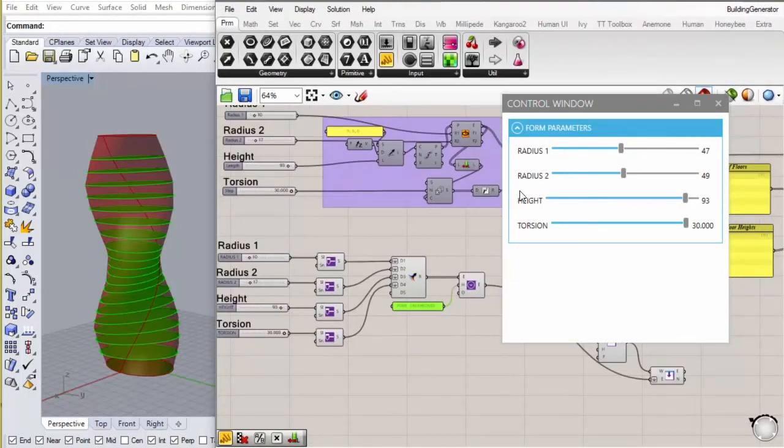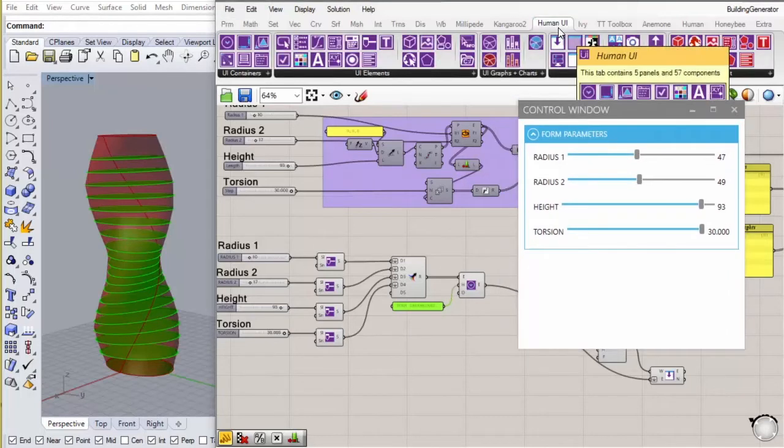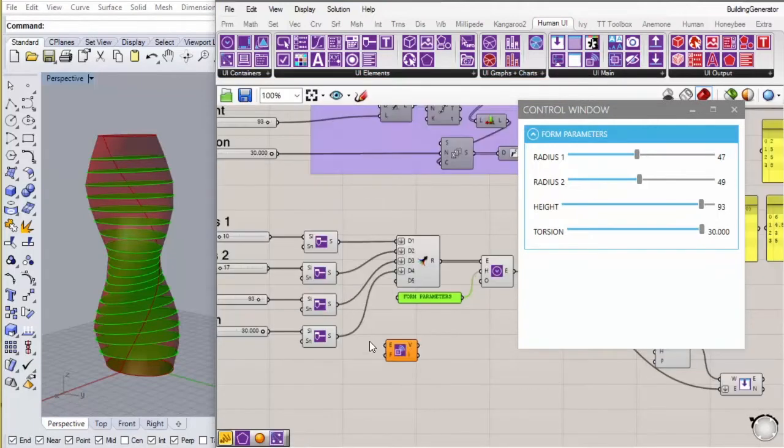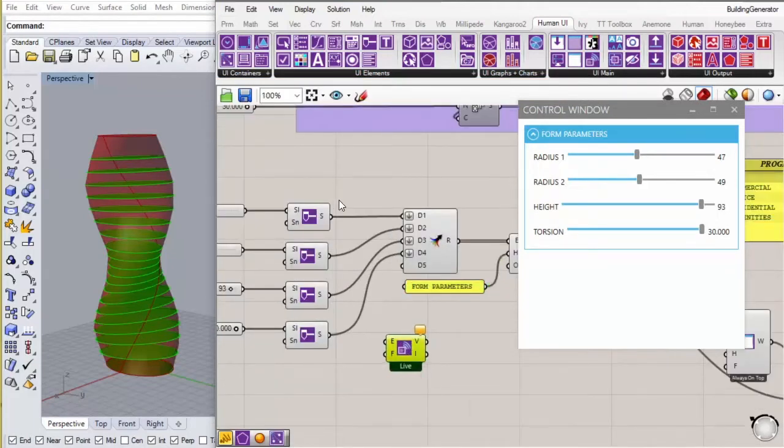The way that we get Grasshopper to read what's on our window and influence our script is using this component here in the main tab, a value listener. This is just going to bring back whatever's on the window for this element.